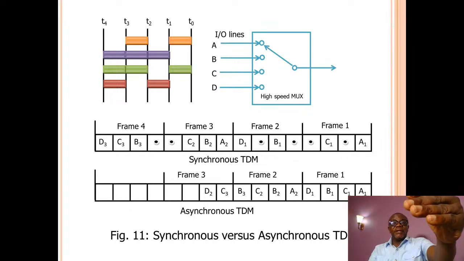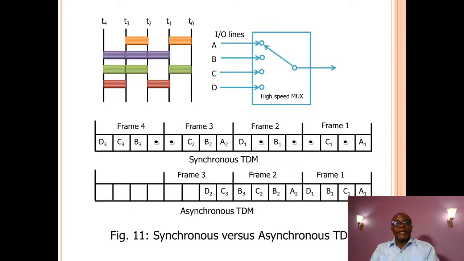Frame 4, it goes back to A, T3 to T4, A has nothing. It gives empty space. It goes to B, T3 to T4, it sees something in B. That is the third time it sees something in B. It puts it B3. It goes to C, T3 to T4, it sees something in C. That is the third time it sees something in C. It puts it C3. It goes to D. That is the next time it sees something in D. Second time. So that should be